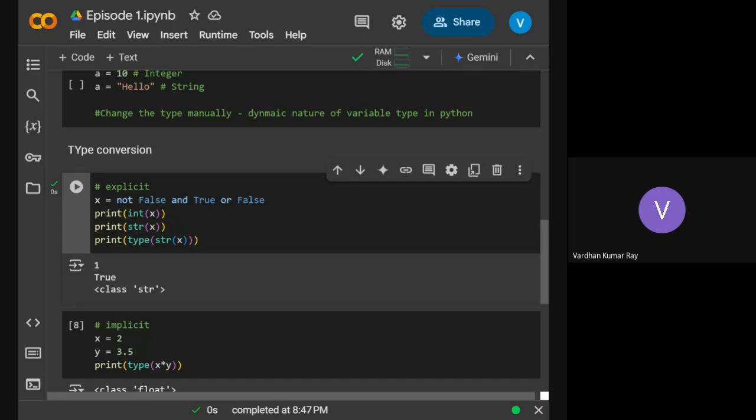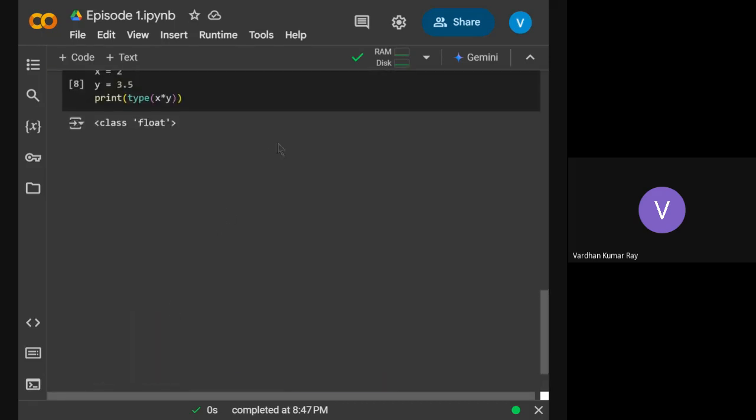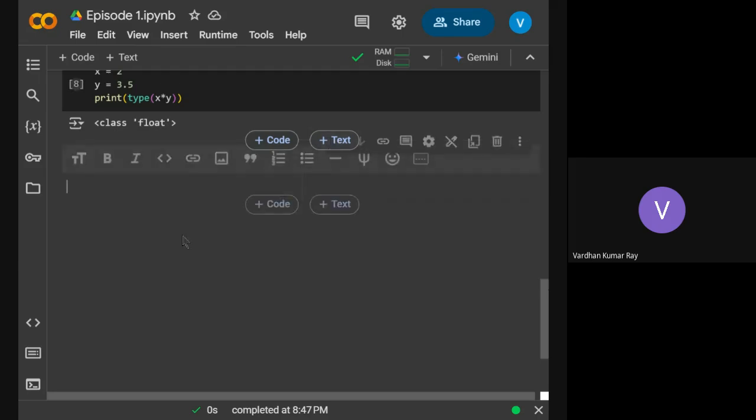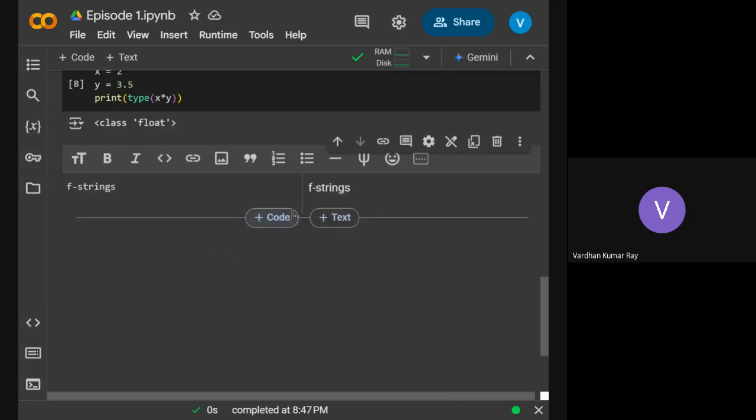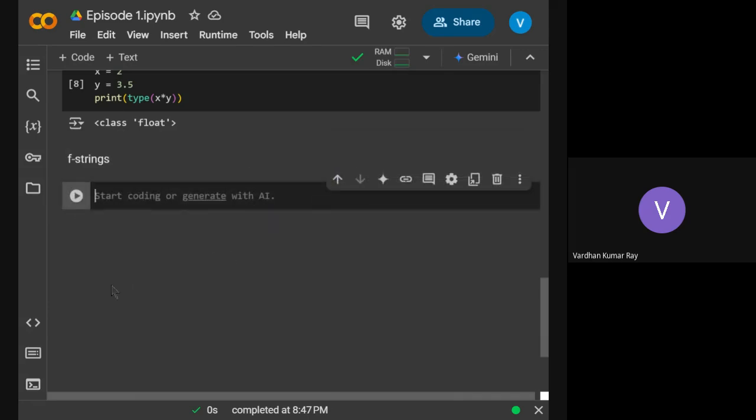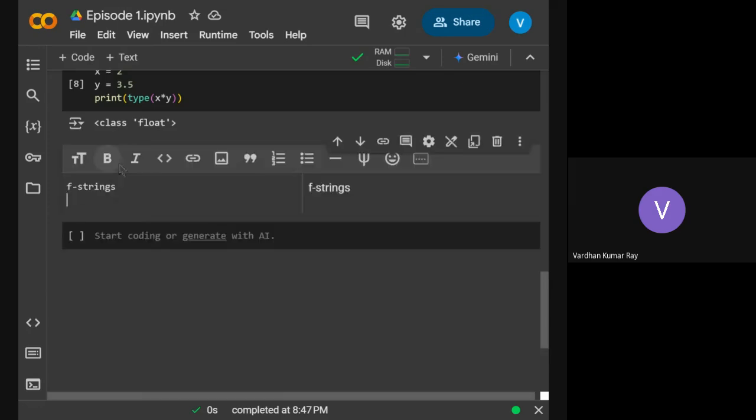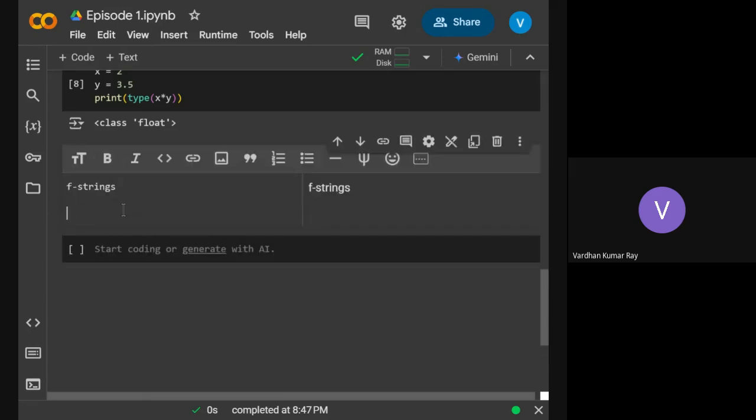So one more topic I wanted to do is f strings. These are a really nice way to write strings. I will tell you the format of f strings first, then I will give an example. Suppose I want to write a string s, then f string is something.